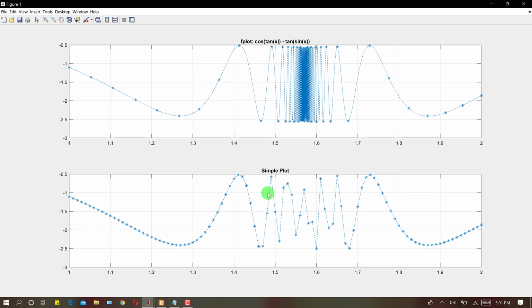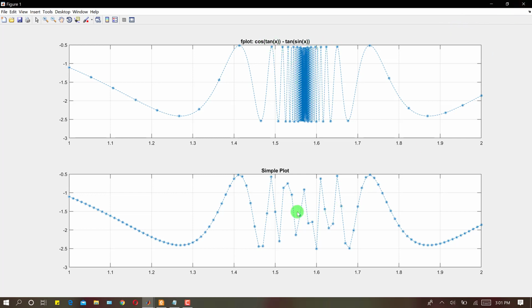While using the plot function we have specified the x spacing. It's a y of x function plotted with x. In the plot function we decide ourselves what the x spacing should be, the independent variable spacing to plot this y of x function. Here we can see that the plot function does not give us the complete detail, and here it tells us the complete details, each and every feature of this function.